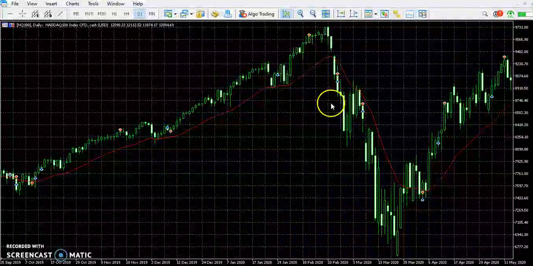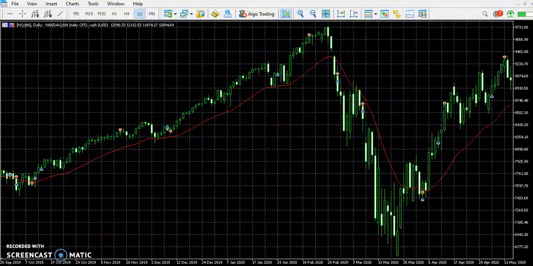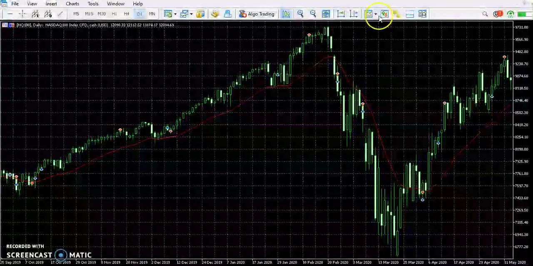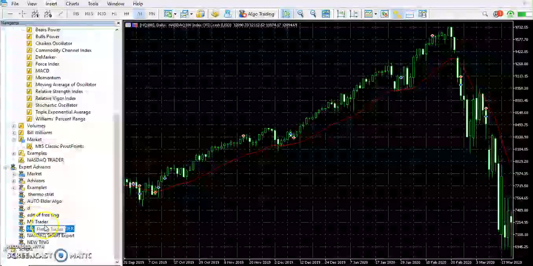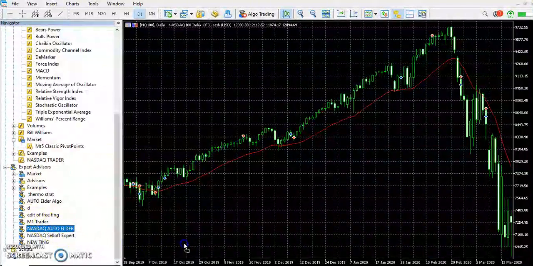Once you've done that, you just want to restart the platform. You want to close it down, then open it back up. And once you've done that, your expert advisor should show up in the list here. To use it, you'll then want to just drag and drop it onto the screen